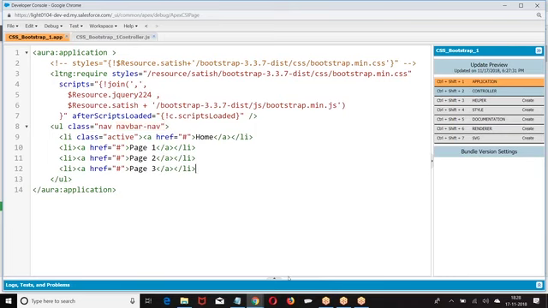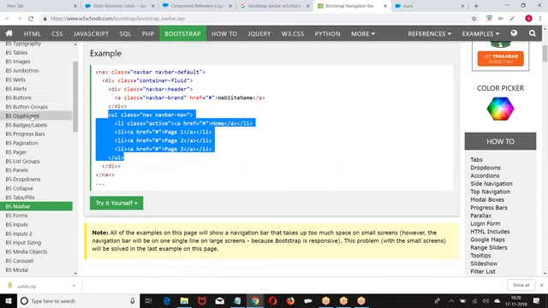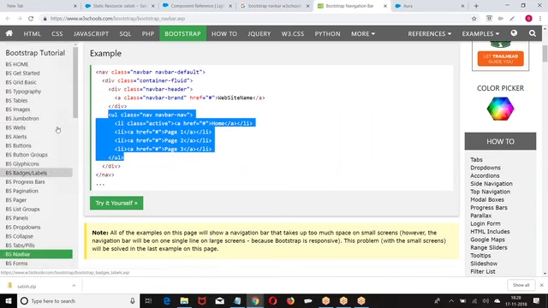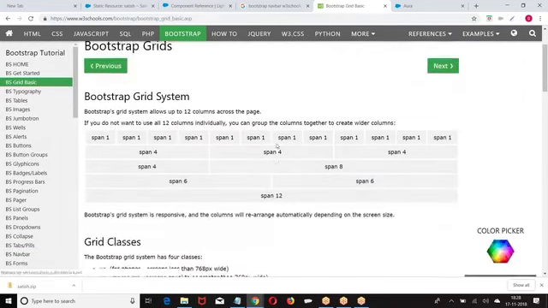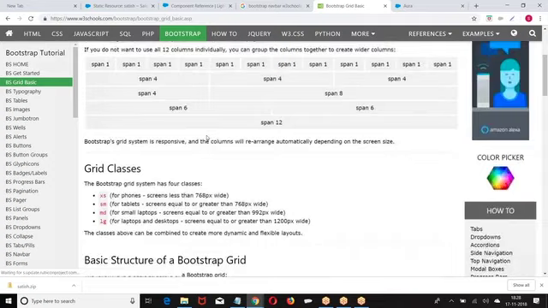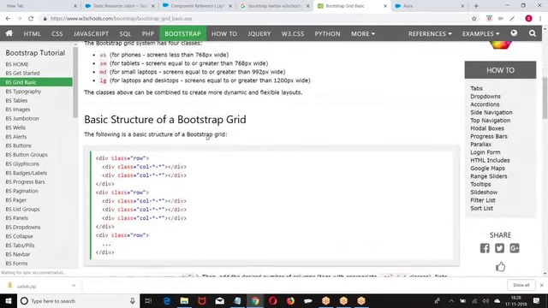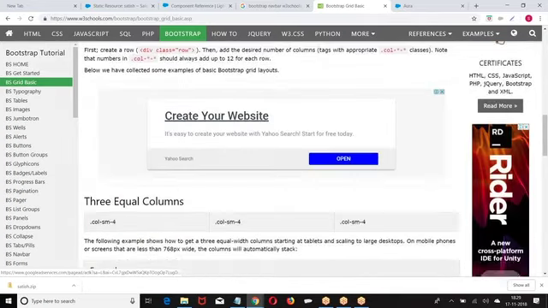Now we'll try to apply buttons. This is the grid basics. Try to understand this.